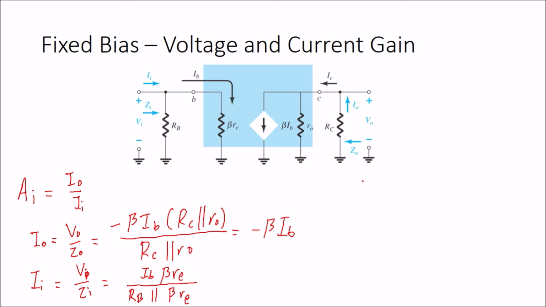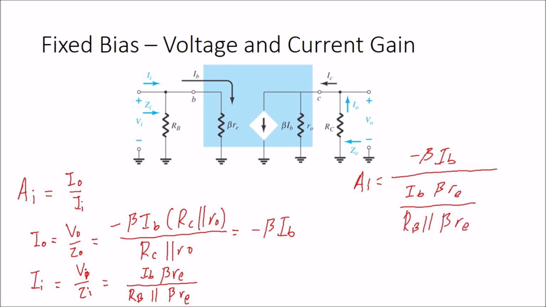So AI will equal to minus beta IB over IB beta RE over RB parallel with beta RE. Actually you can cancel out this one with this one, and the IB cancels out with this one, and then the value of AI or current gain is equal to minus RB parallel with beta RE over